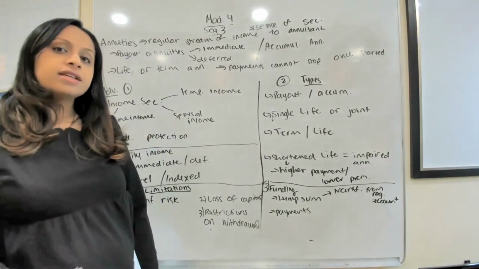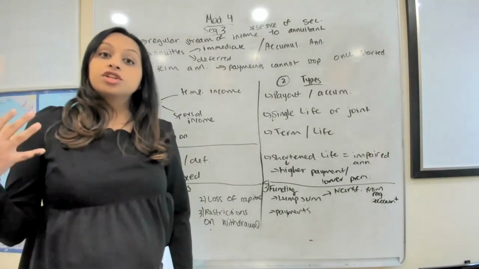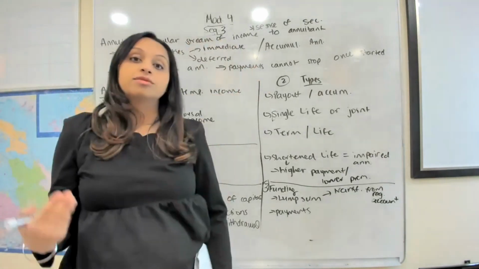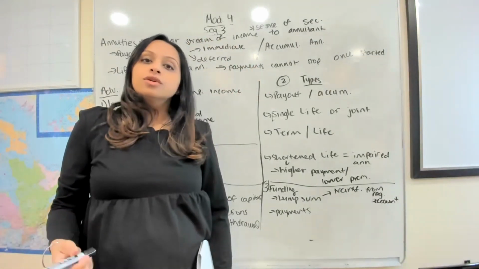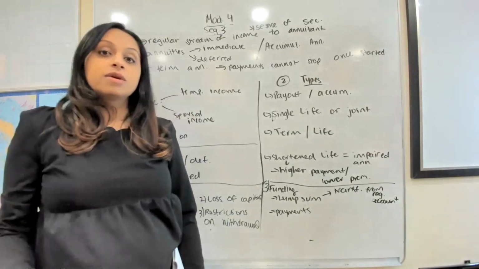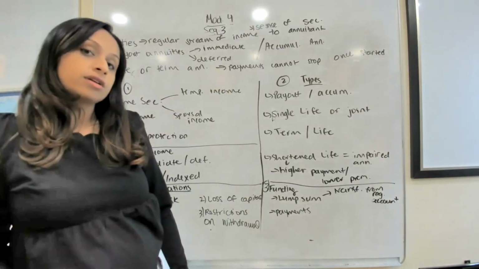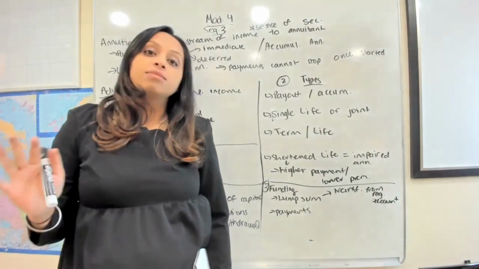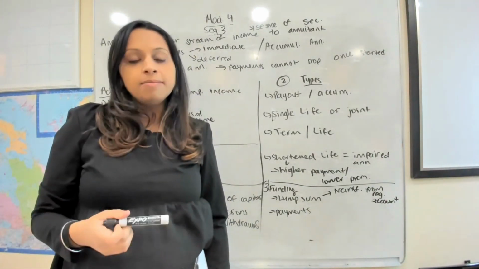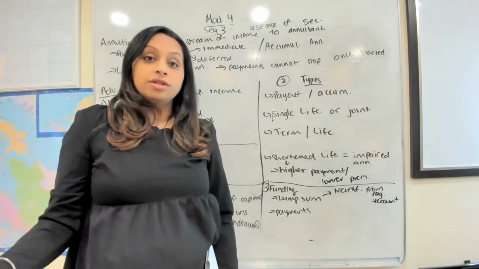Annuities provide a sense of security. They give a regular stream of income to the annuitant, the person who's getting the payment. So if someone has, let's say, a large sum of money and they want to save that money for maybe their retirement years, and at that point they want to get it kind of like a salary, like a regular stream of income, then you can buy an annuity.